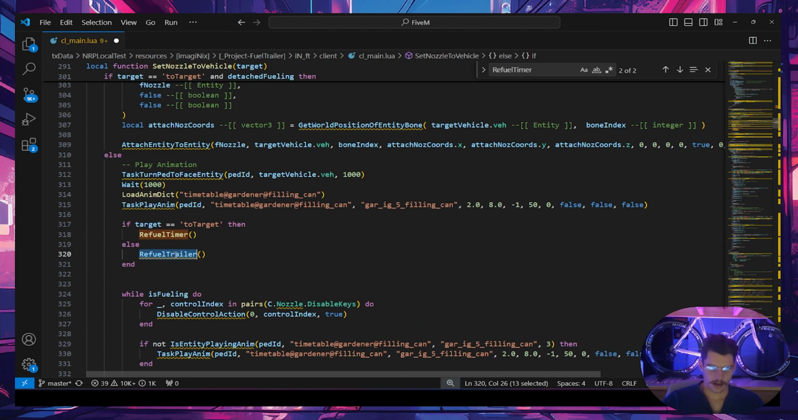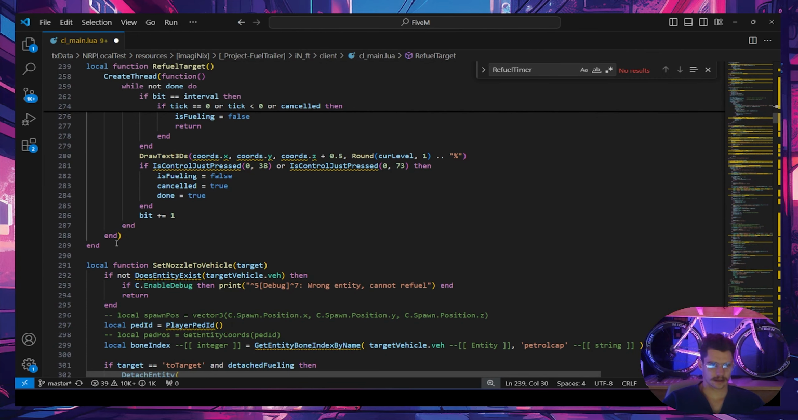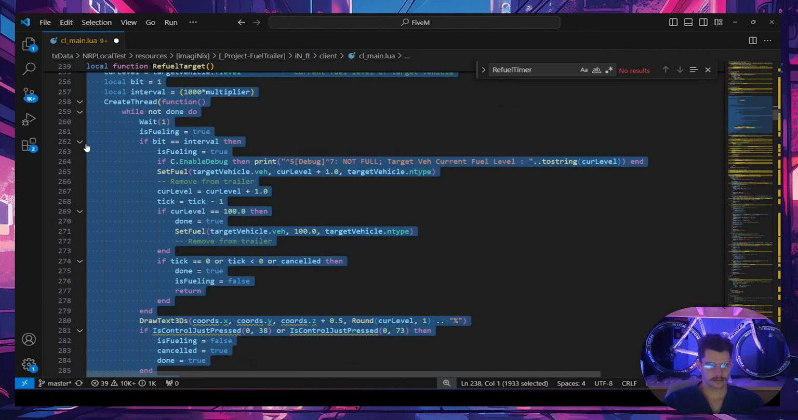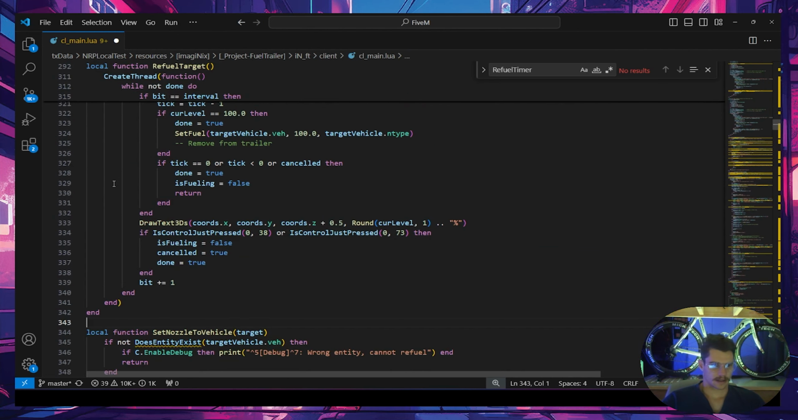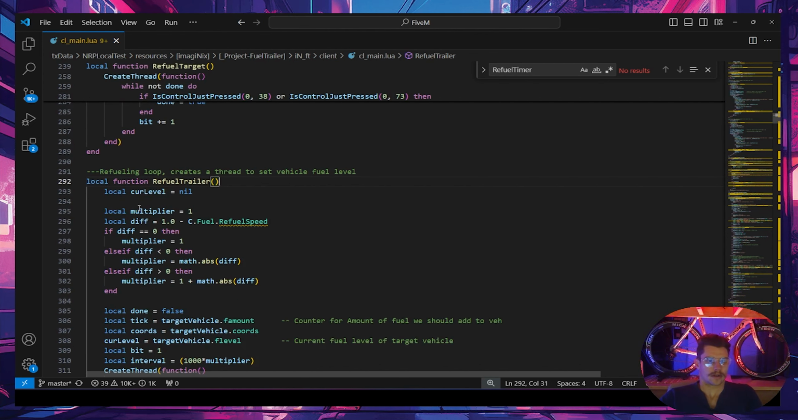Okay, there's a refuel timer and a refuel trailer, so I think what I'll do is refuel target and refuel trailer. Right, so refuel timer becomes refuel target. And I'll copy that and just paste it in here. This would be refuel trailer. Okay. So current